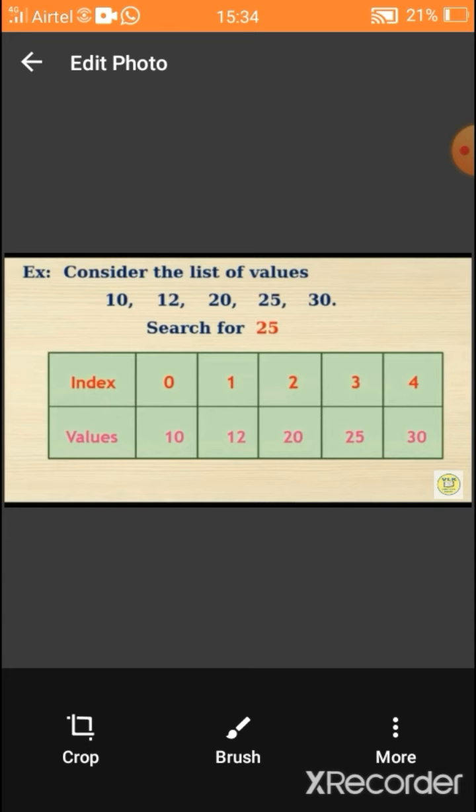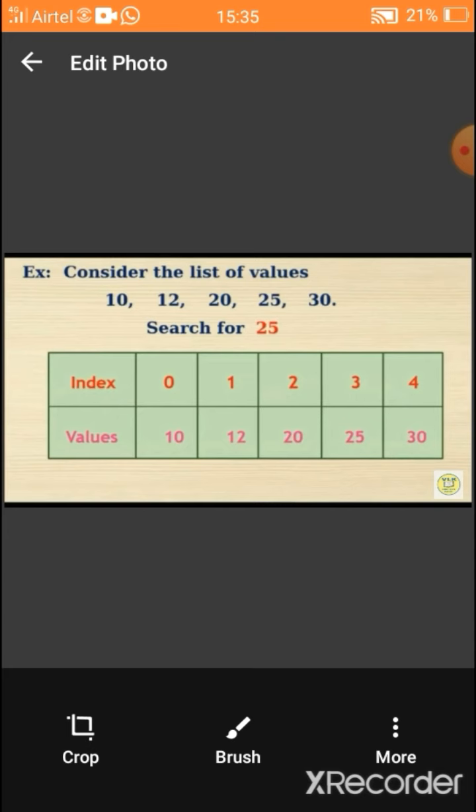In index 1, the value 12 is stored. Like that, the values 20, 25, 30 are stored in index 2, 3, 4 respectively. So now look at the values of the list stored in each index. Now we are going to search the element 25. It is called the target key.